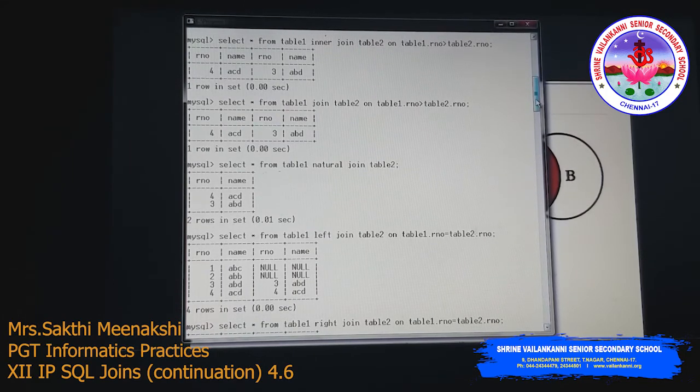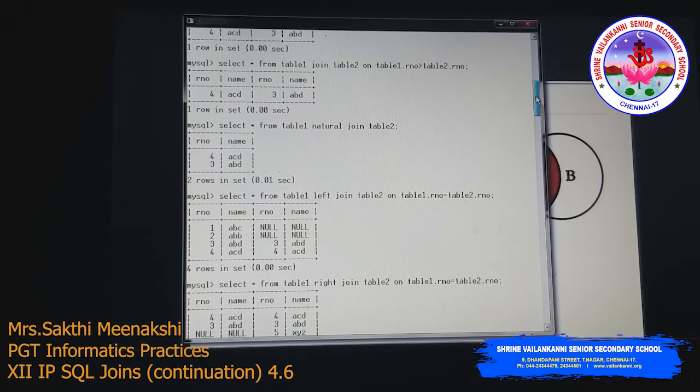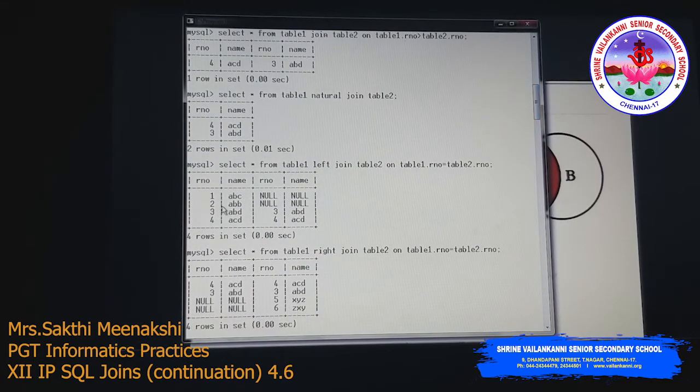roll number. So from the first table we will be getting all the records, 1, 2, 3, 4, and from the second table only the common records. So 3 and 4 are common here. So that is the output here. So 1 and 2 from left table, for that one there is no matching case in the table 2. For that just null is returned. For 3 and 4 that are common in both the tables, it fetches from both tables. So if the matching record is not found in second table, null will be written. If it is found, the values will be written, but all the values in the left side table will be written.